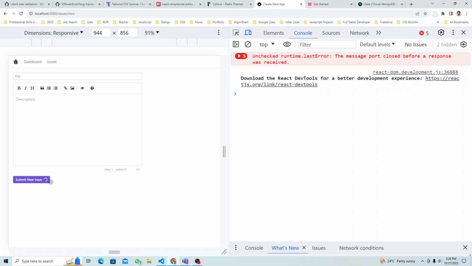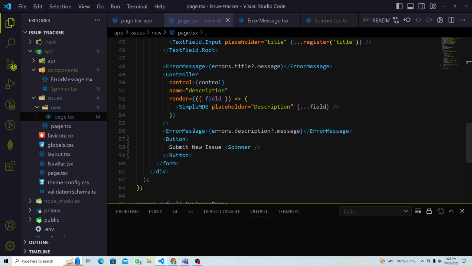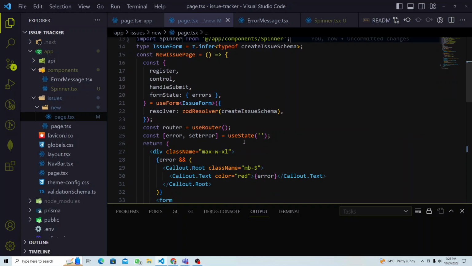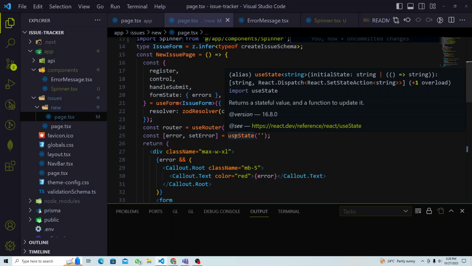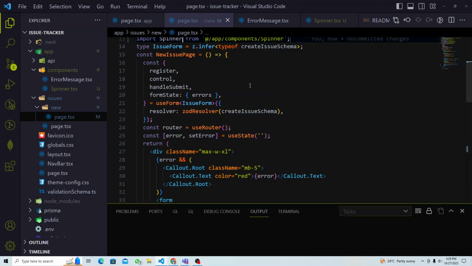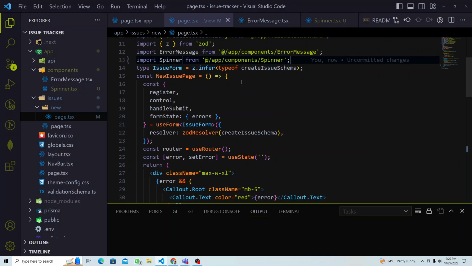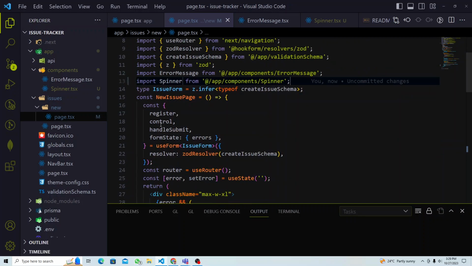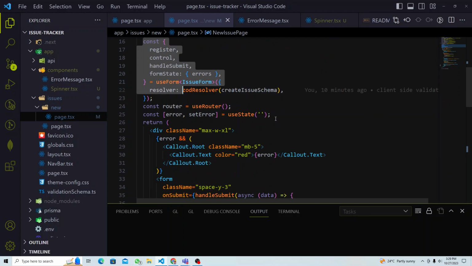But we don't want that to run like that all the time. So we can add some kind of check. What we want is some kind of submit state, like if something is true, then do that, if not, don't do that. So to handle that, we're going to create a state. So where is that state? We already have a useState here. This is the one, just below this we're going to write